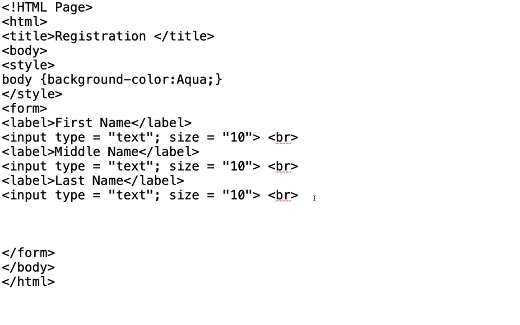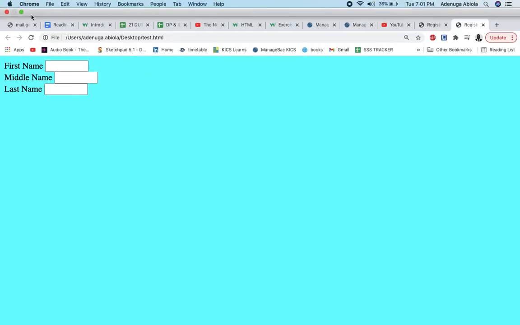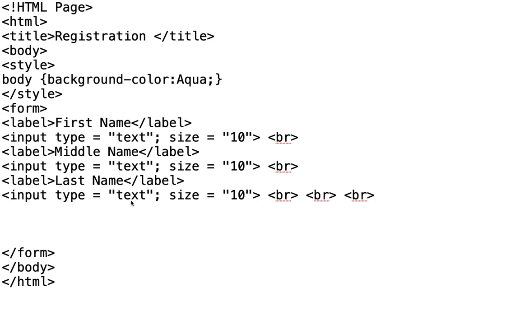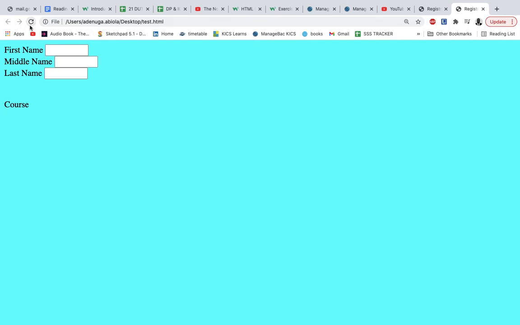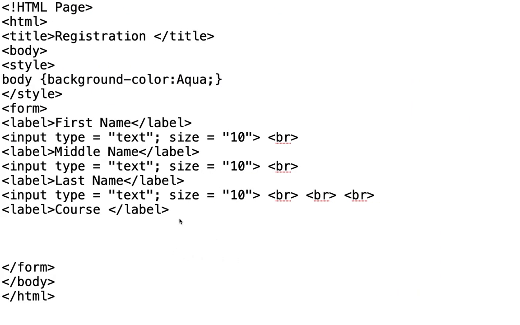Of course, let's put more breaker, br, more breaker. All right, and let's see, just to get more space, okay, after the last text box. All right, so now we could have another label, and we could call this, I think, course. All right, and then we have course all the way down here because we've put 3 breakers, right? So we have course all the way down here, and in front of course we want